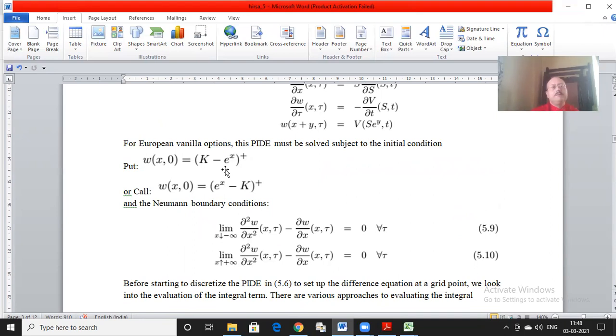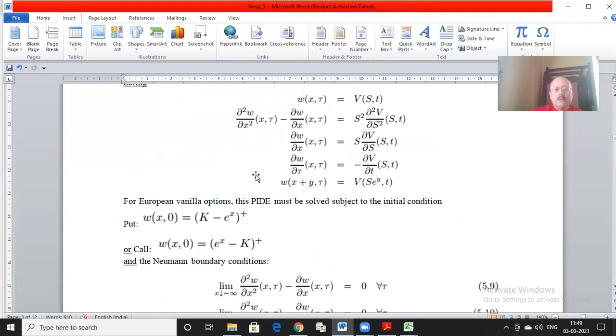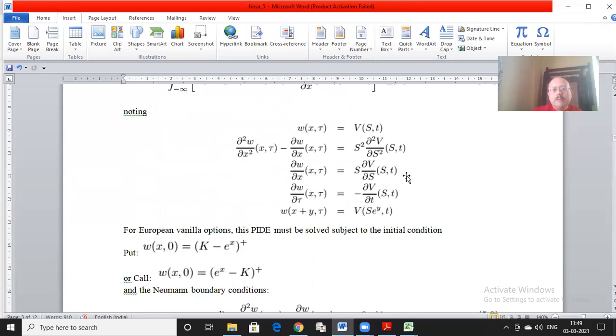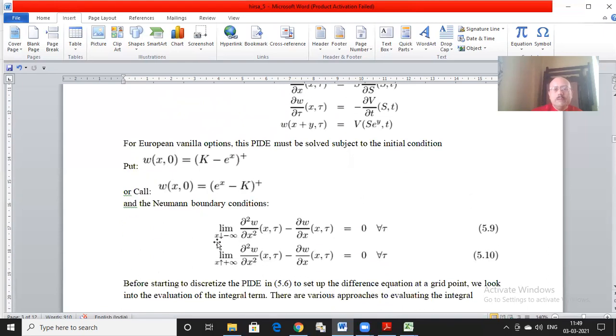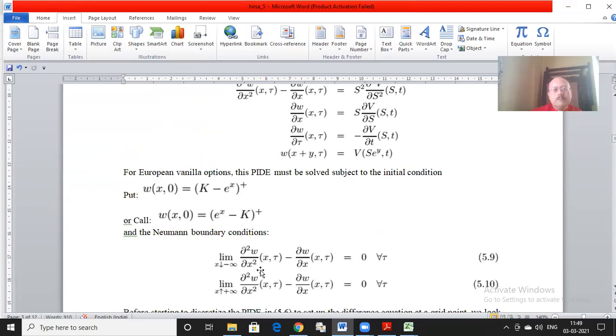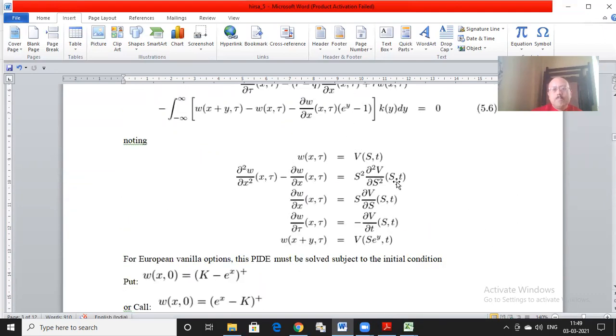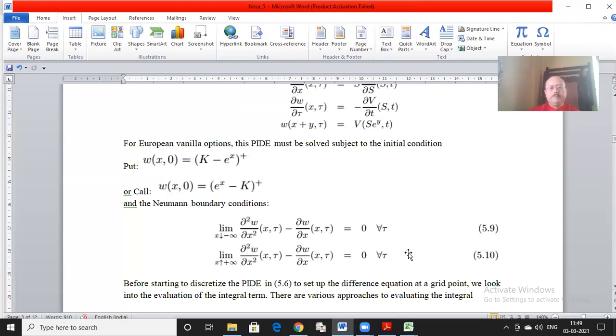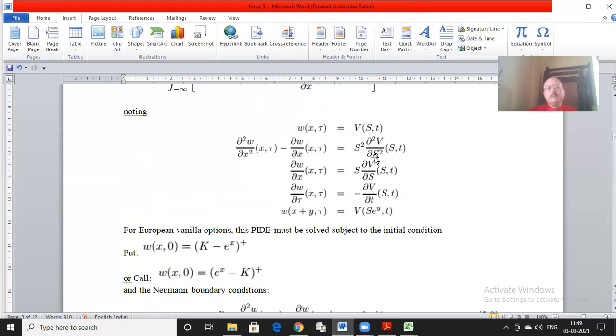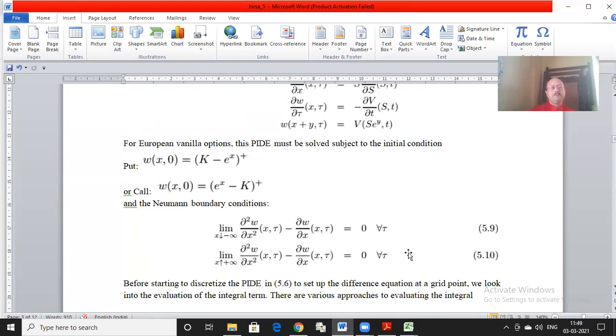and proposing to use the Neumann boundary conditions, which are directly on the derivatives. Recall that the Neumann boundary conditions were defined for these derivatives in the S and T system. Because we have changed our variable, the condition will now be on the x and tau system. So the condition on del 2 V del S square or del V del S will become like this. This one is actually coming from del 2 V del x square. The condition is written like this: when x goes to minus infinity, which means stock price goes to 0,